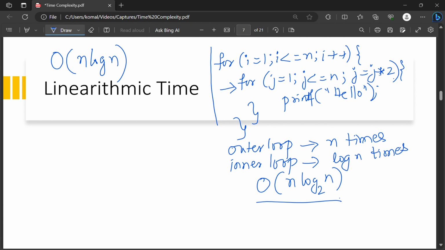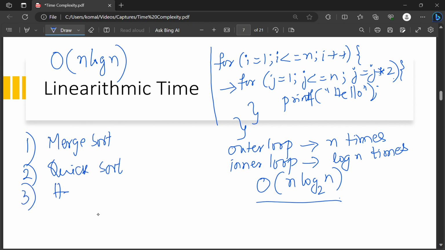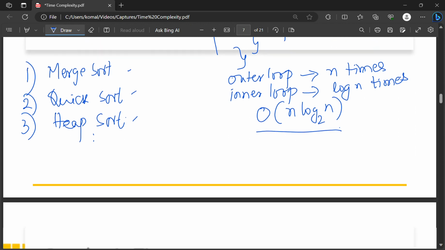This is one example for log linear or linearithmic time. Other examples we can take are sorting techniques, efficient sorting techniques, merge sort, quick sort, heap sort. These will consume big O of n log n to the base 2 time complexity. These are good examples for this log linear time complexity. Next one,